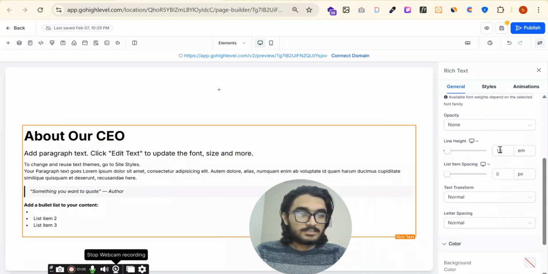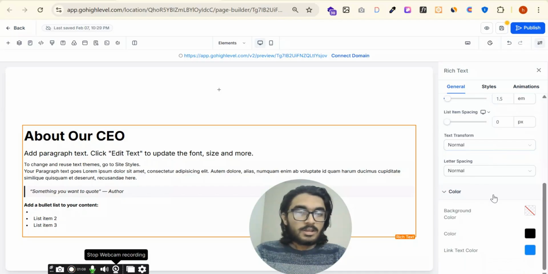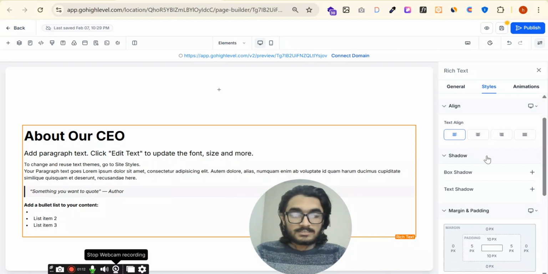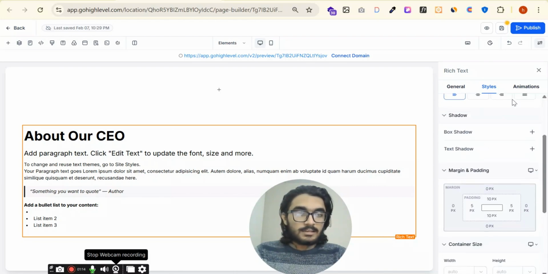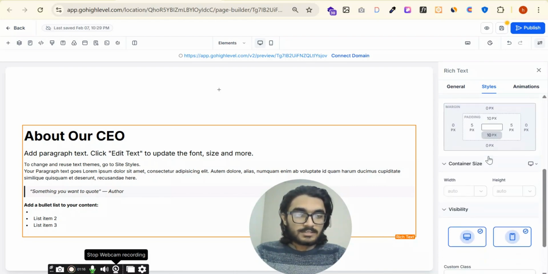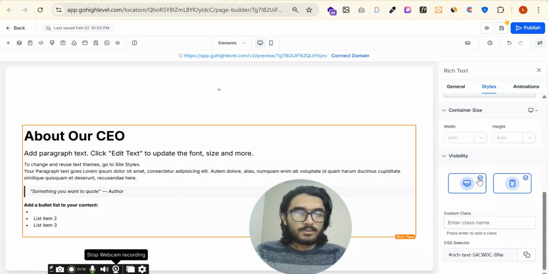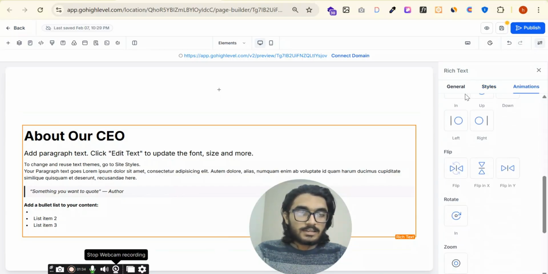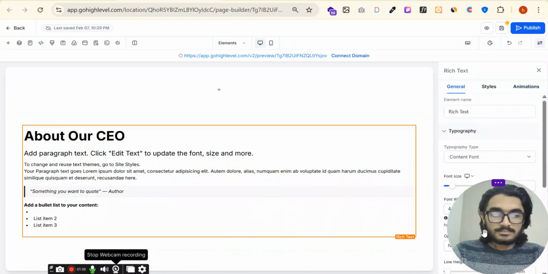You can add the general settings. All the settings are the same as for the headline and the paragraph. As we discussed in the previous video, you can align the text and set box shadow, text shadow, padding and margins. We already discussed width and height, the custom class and the CSS, and there are multiple animations. You can select which one you like. And yeah, that's it for the rich text. Delete this. Next element is